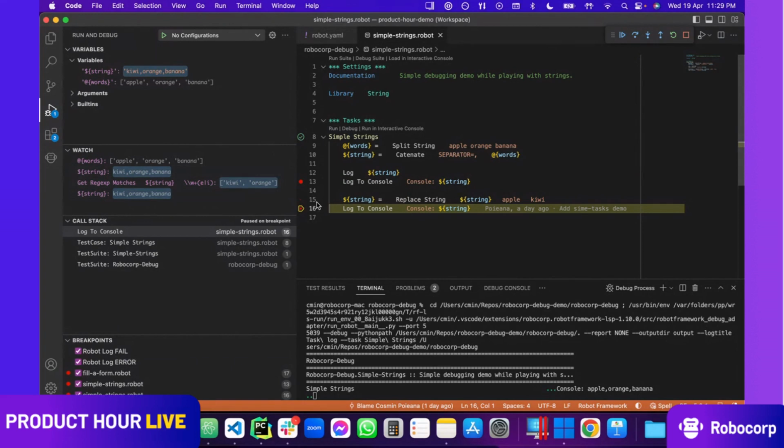Because as you saw on line 15, I was just replacing the word apple with kiwi in my initial string. So now I have kiwi and orange ending with me, and I don't have any apple anymore, because you just saw that this string changed. So now I'm very confident that what I've done here actually worked as I expected. That's how you basically debug something for most of the simplest scenarios.